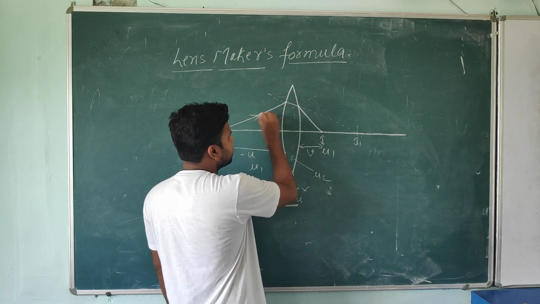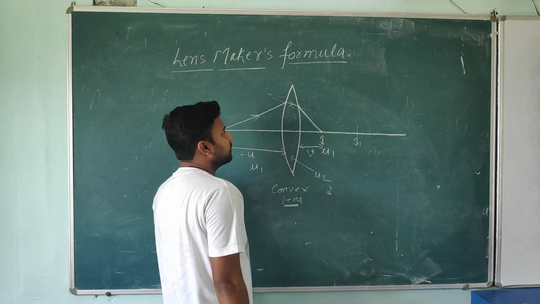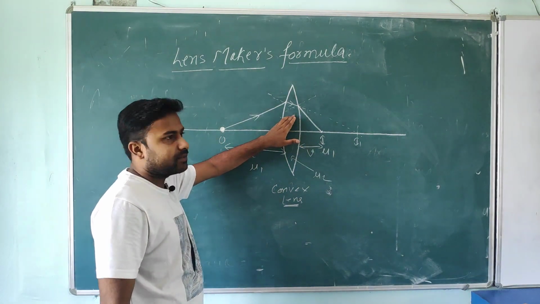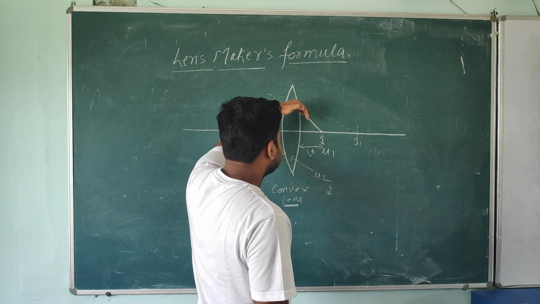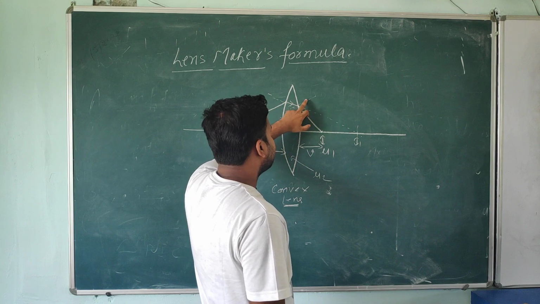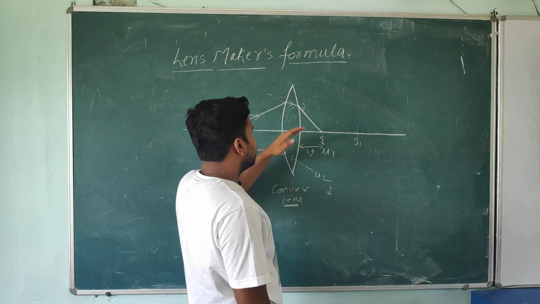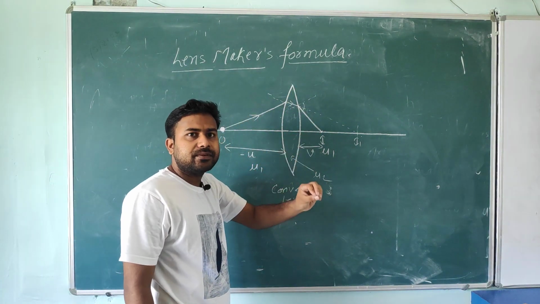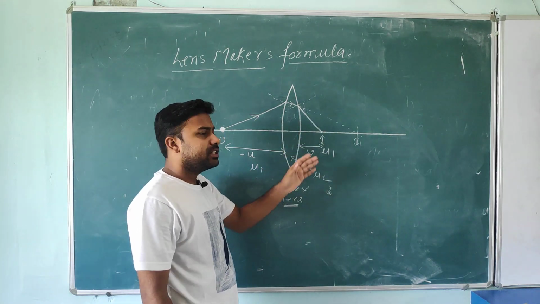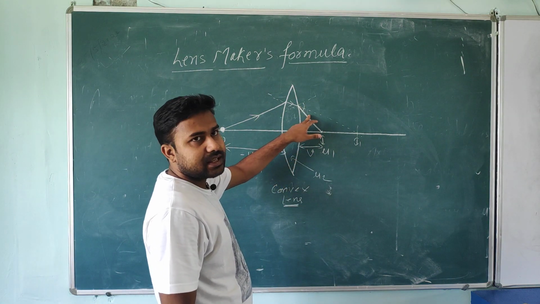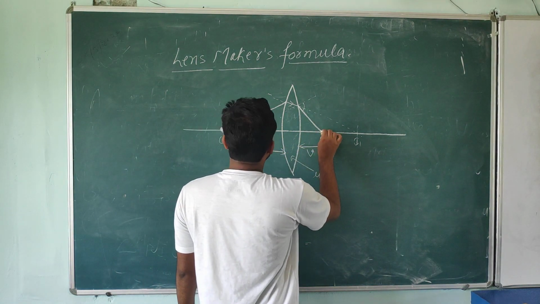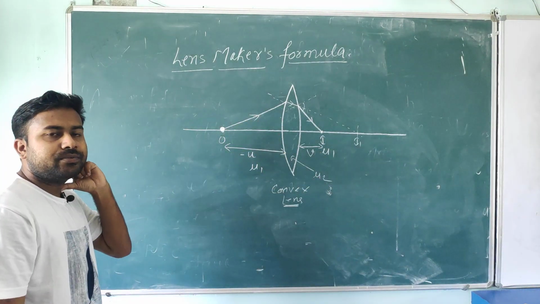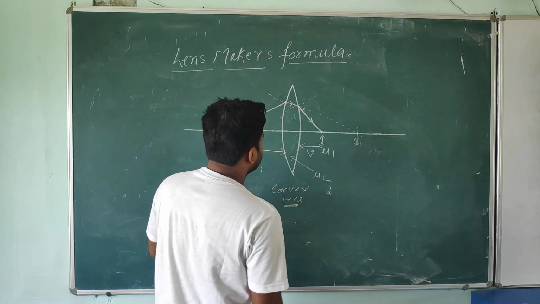Look at this, if the ray is going in this direction after refracting through this left surface, this ray has to go in this direction, but because of refraction happening here on the second surface, it is tilted in this direction and goes away from the normal drawn here. This one is the normal drawn, so it is going away from that. It has to go in this direction, but it is going from a denser medium to a rarer medium. If a ray is coming from a denser medium and going towards a rarer medium, it will go away from the normal. So this phenomenon is happening here. And after that, finally the ray meets at this point.